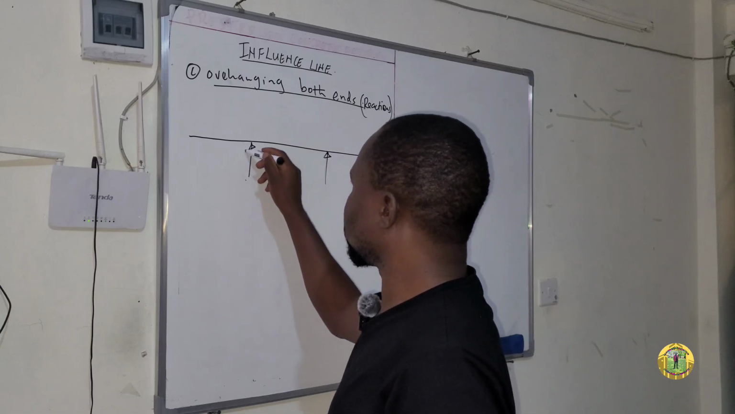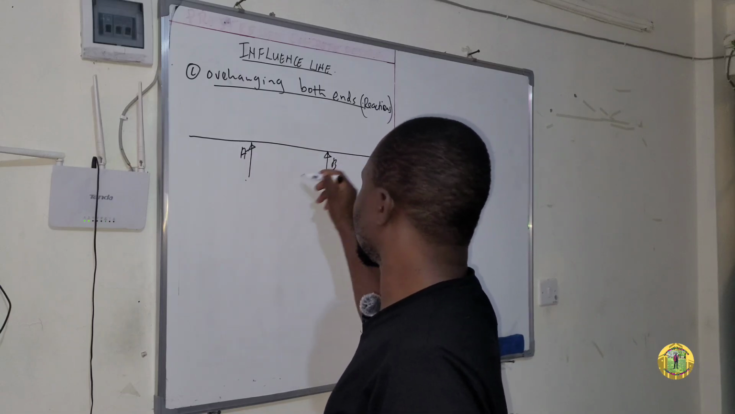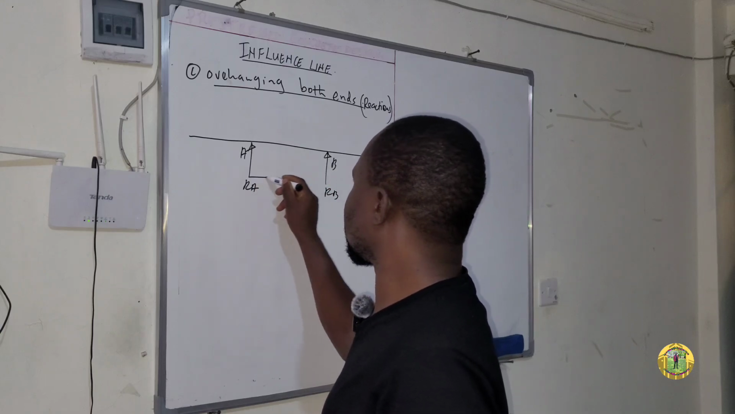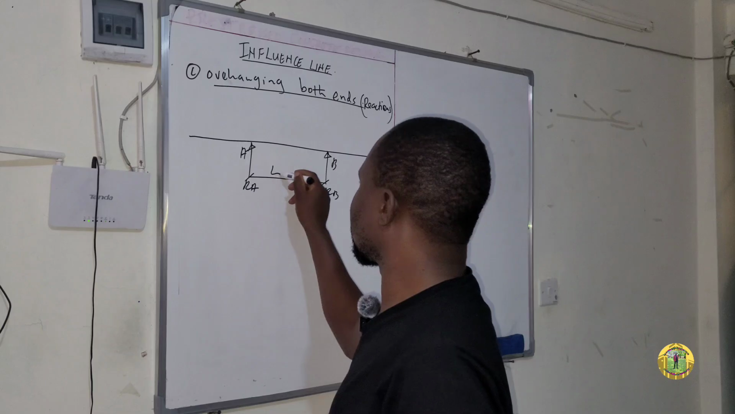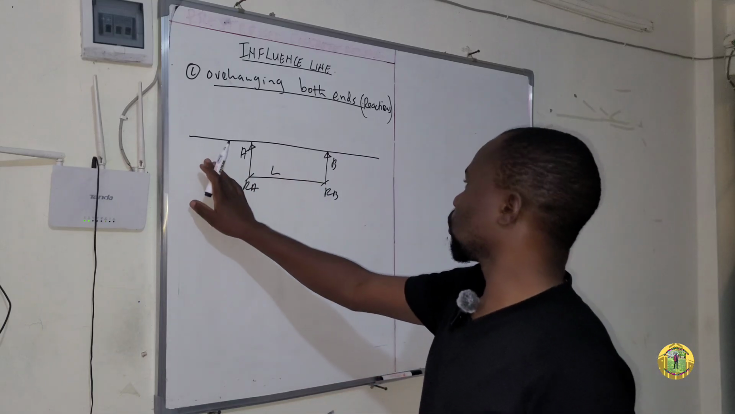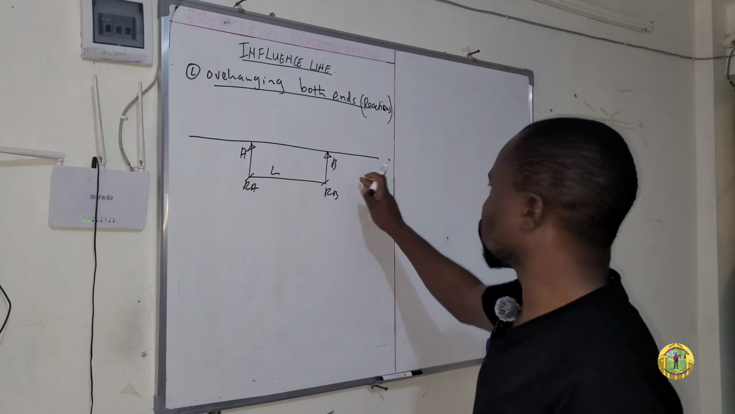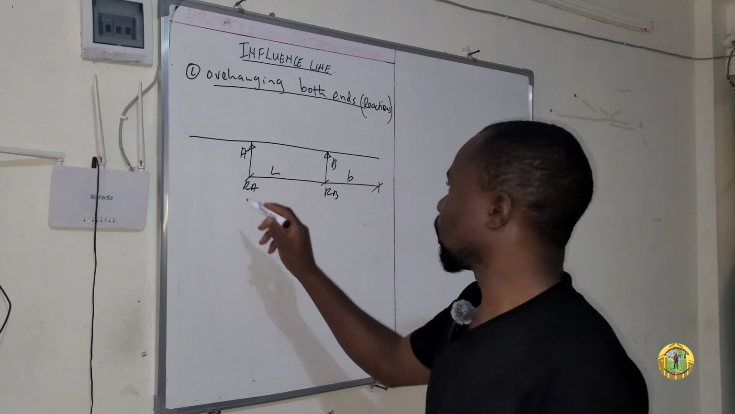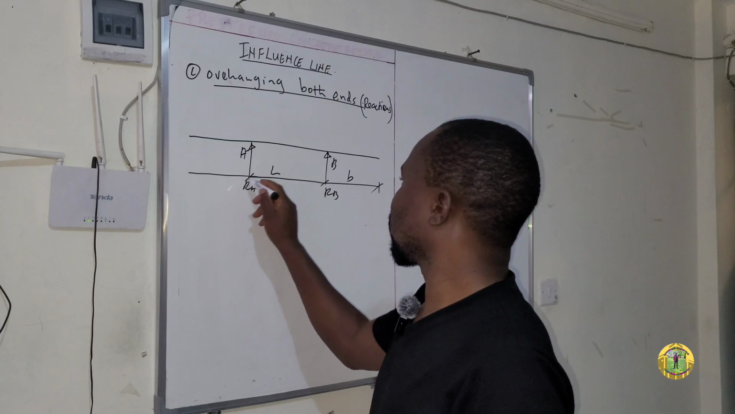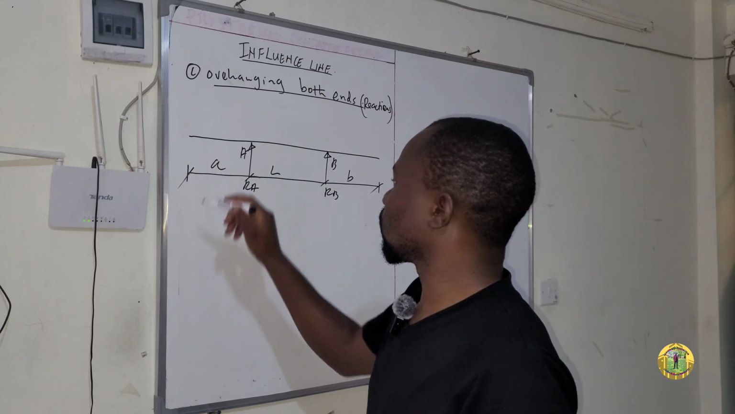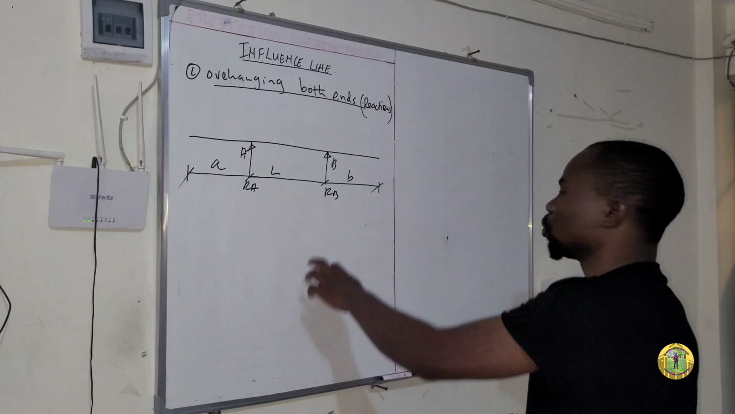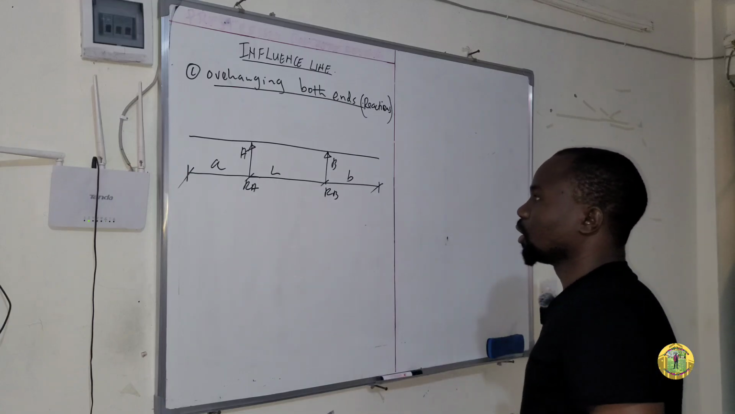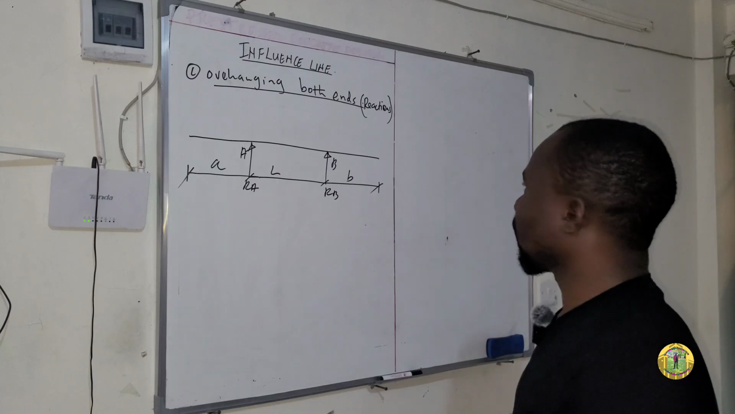So this is A, this is B, this is RA, this is RB, and this is distance L. This is the overhanging portion on the left side, and the overhanging portion on the right side. The overhanging portion on the left is at distance B, and this one is at distance A. So for us to determine the reactions at RA and RB, we will first consider a 1 unit load